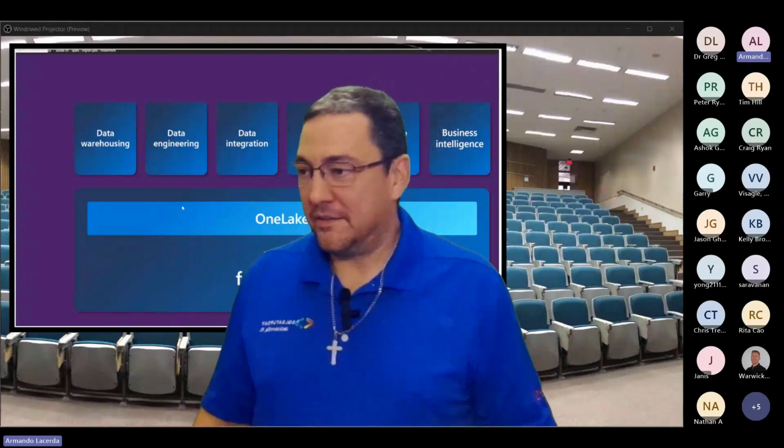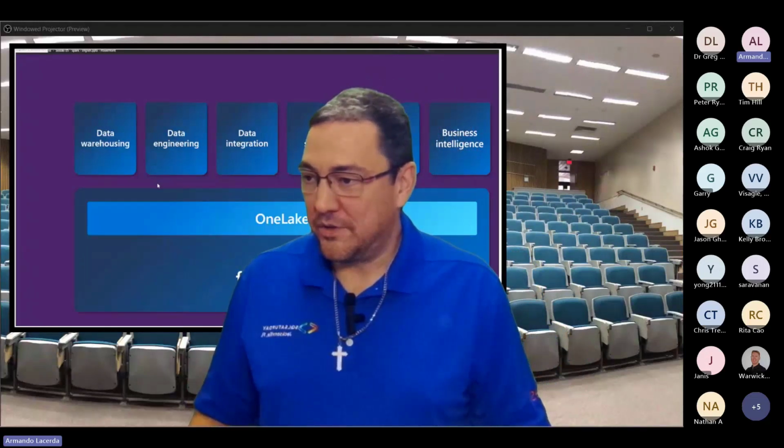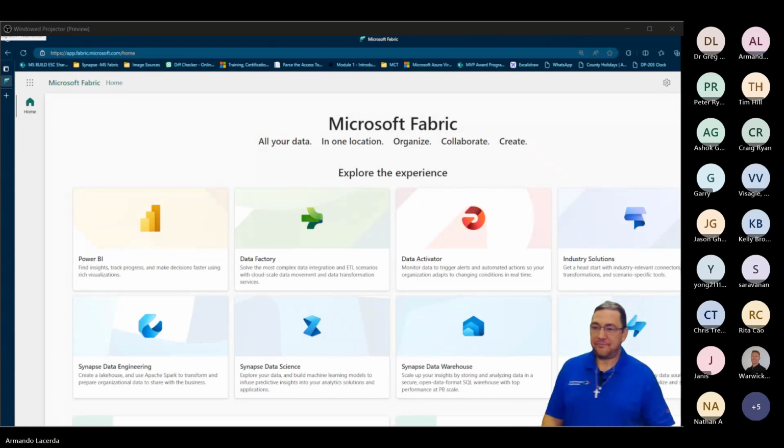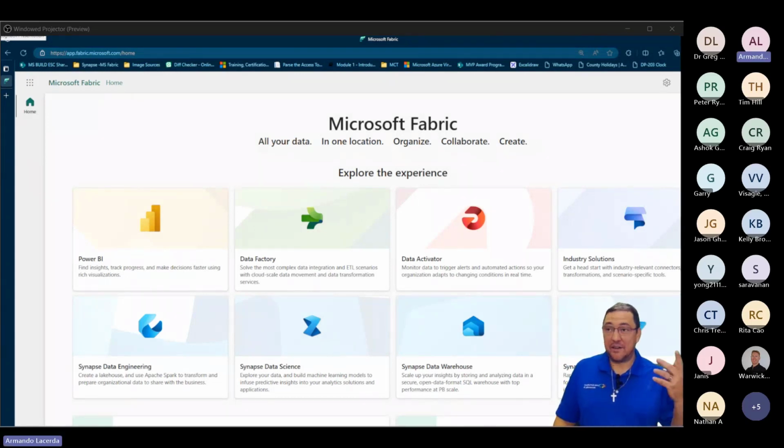Let's get to the computer and show you that. So let me get myself smaller in the corner here, and let's switch to Fabric. There we go. Here we have Fabric. One of the reasons I have those icons on the first slide is because they show up over here when you go into Fabric. You see, when you browse to fabric.microsoft.com, you get right there. Give me 1 second. Let me bring up a tool that I will need to do some zooming as we move along. All right, so here we are.